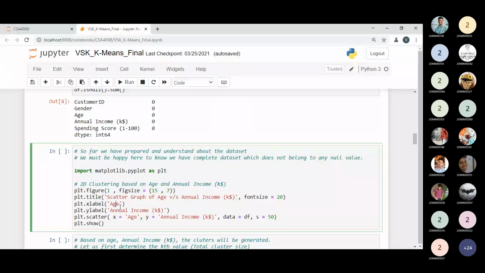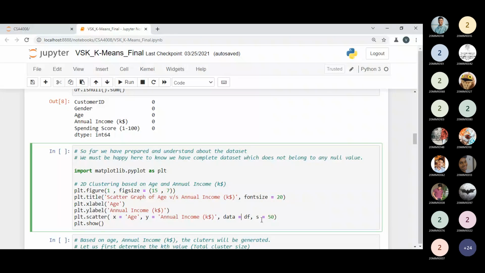We are not reading the data. But in the scatter method, I need to pass the x value equal to age, so here I am passing the column name, that is age. Here I am passing the annual income column, with the (k$) inside the parentheses. This is the name of our column. We can pass it as it is, along with the data frame that contains these two columns, so df, the name of the data frame. s is our segment where it will be displayed. So you will easily see things by the graph.